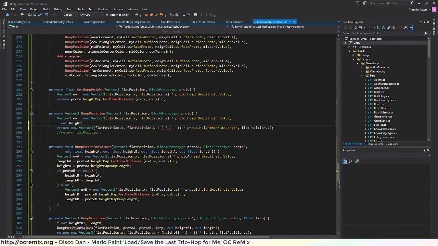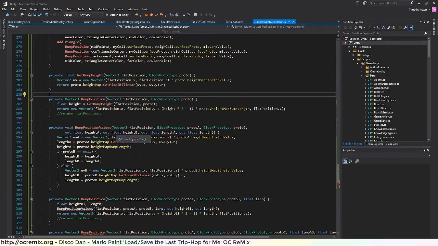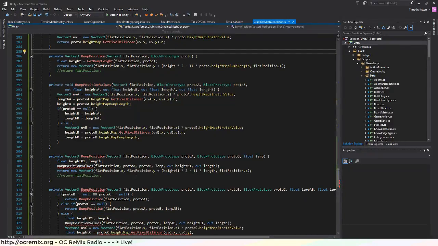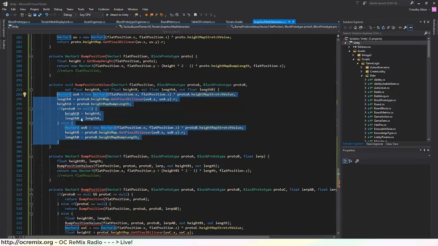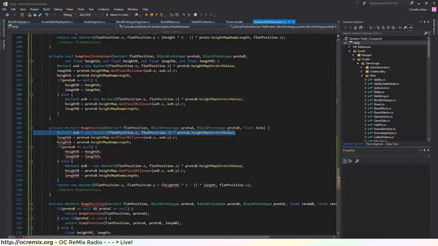Float that. And that looks good. So I don't think this function is really going to serve any useful purpose now. Get rid of that, and then